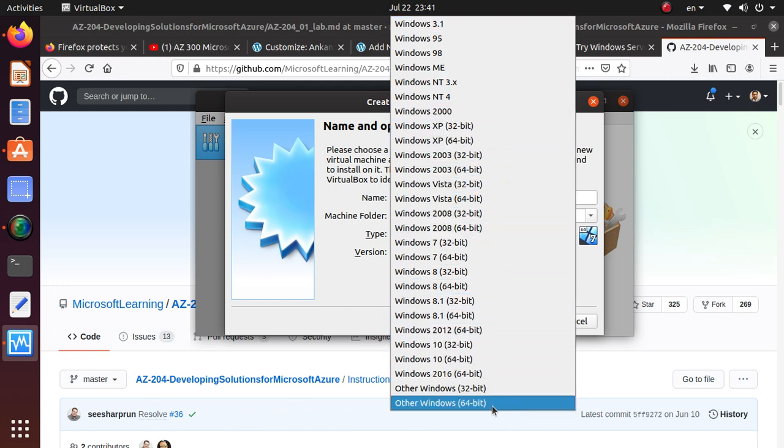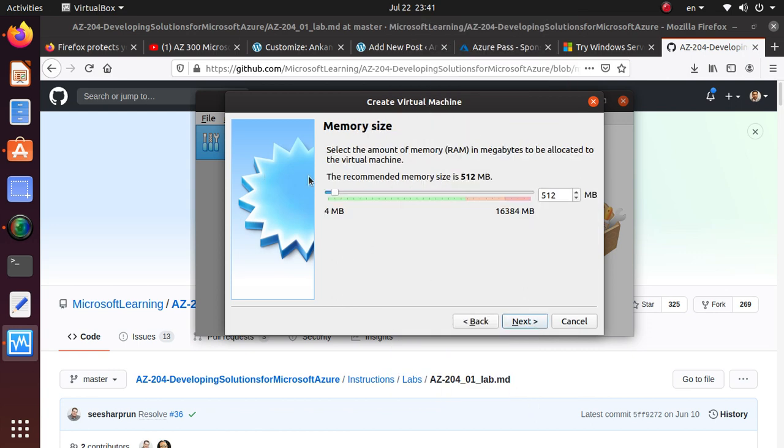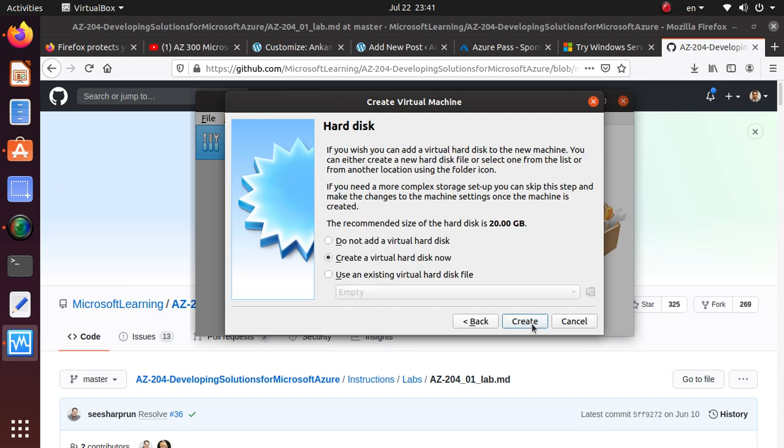It doesn't have the version. I'm just gonna say other version, 64-bit Windows. Let's give it a good bit of memory. So that should be enough. Hit next, and here what we're gonna do,